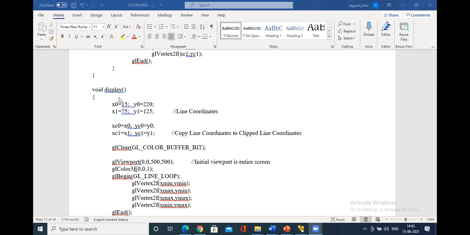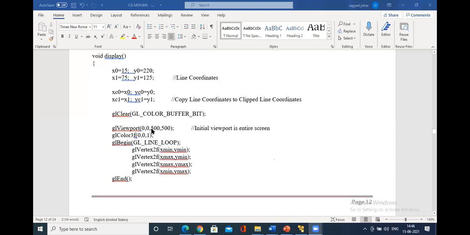So we are copying these x0 to xc0, the clipped line coordinates. Clipped line coordinates means the coordinates after clipping. Initially the line itself is the clipped line. Is it or not? So we are simply copying 15 to xc0, 220 to yc0, similarly 75 to xc1, 125 to yc1. Clear? So this is the first part.